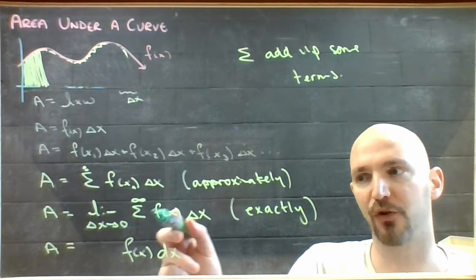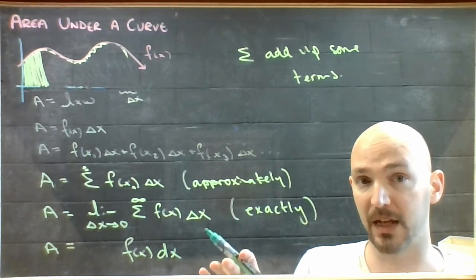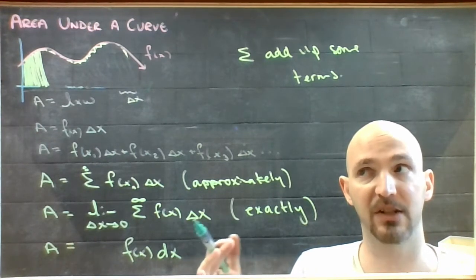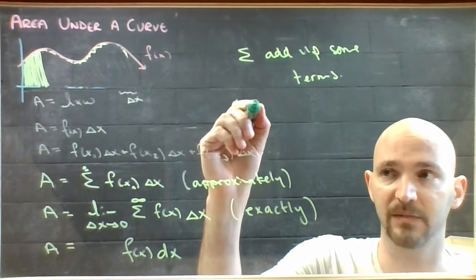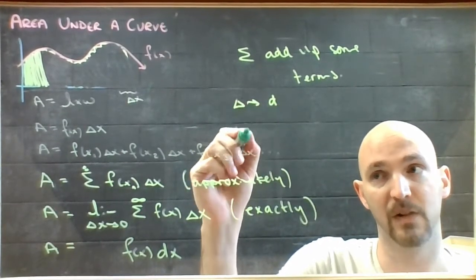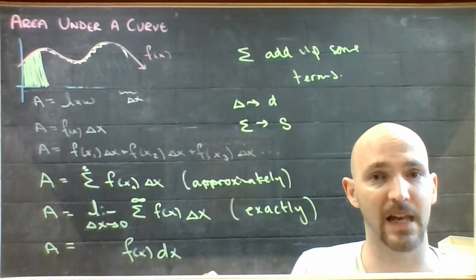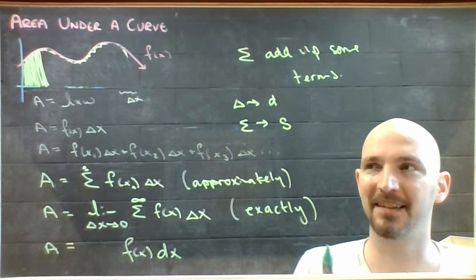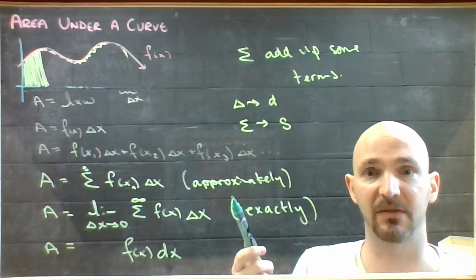So if I have a Greek letter sigma for my summation, if I want to show that it's an infinite summation, I just need to use a different letter, right? So when it was delta, we used D. So that was a Greek letter, and we switched to a Latin letter. When it's a sigma, the equivalent Latin letter to sigma is an S. S for summation. But if you keep in mind that this stuff was cooked up in the 1700s,